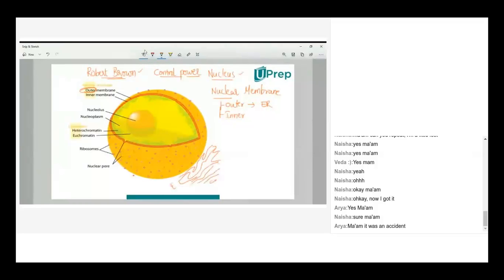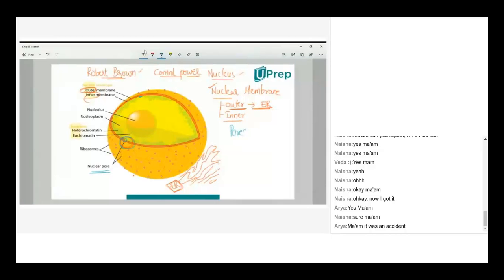Okay, so assume that this is the endoplasmic reticulum. When you take the nuclear membrane, the outer membrane is in continuation with the endoplasmic reticulum. This is the statement. Then the nuclear inner membrane will have structures called pores. Just circling on the diagram. We have pores called nuclear pores only in the inner membrane, not on the outer membrane. Okay, only the inner membrane is possessing pores.